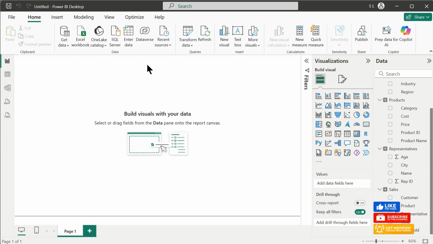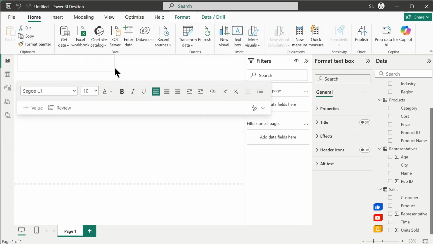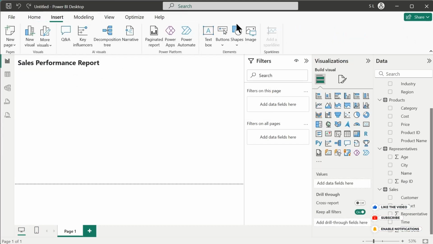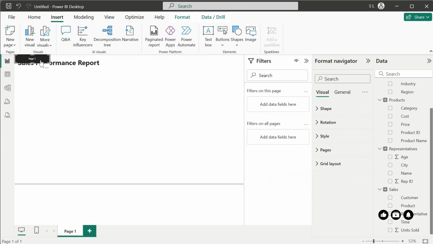So first of all, let's add a text box and place it here and enter sales performance report and change its font to 28. And now we will insert a page navigator to navigate between pages, and we will place it here,